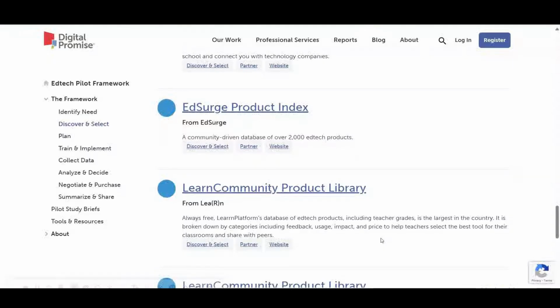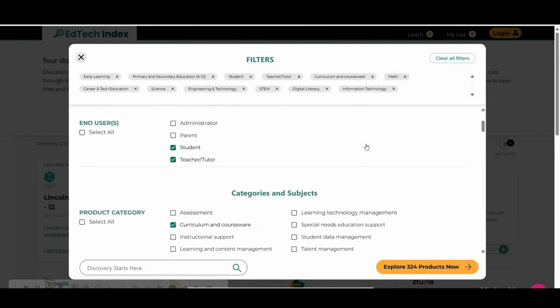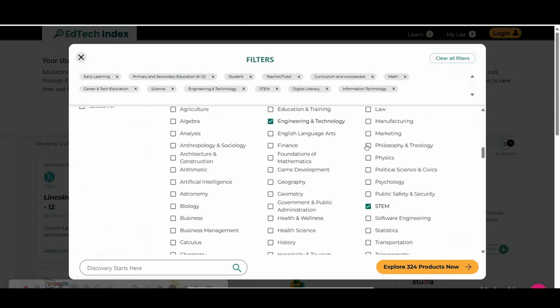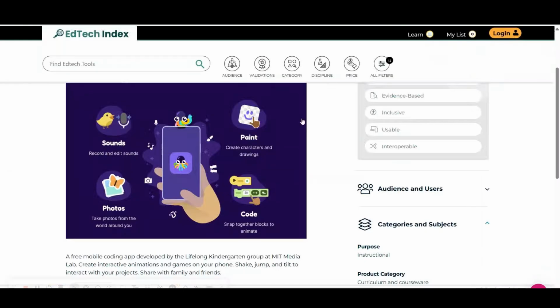I went into the Digital Promise website where the frameworks are, and I clicked on Discover and Select. And from there, I went to the EdSurge Product Index because I was looking for new resources for my classroom. Here on this website, where the different resources are, I created a filter. I went through and I was really looking specifically for things for my classroom. And after I hit explore, I found many resources, but the one that I really think is cool is this